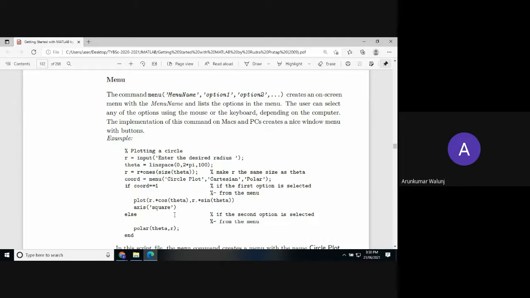So let us expand it in a more flat manner so that the user can select any option using the mouse or keyboard. Say, for instance, if you are visiting a mall and purchasing nuggets, chicken, fruit, soaps or grocery items and so on, depending upon your mouse clicking and entry,